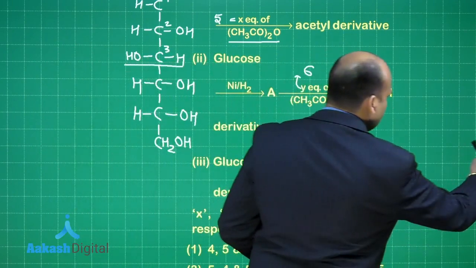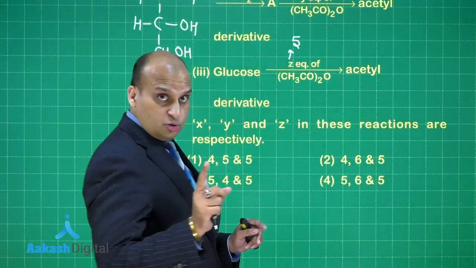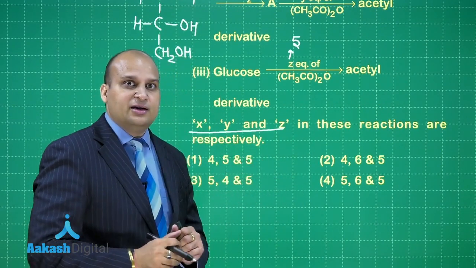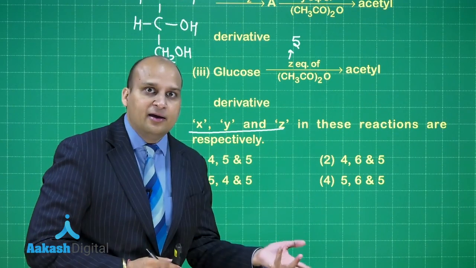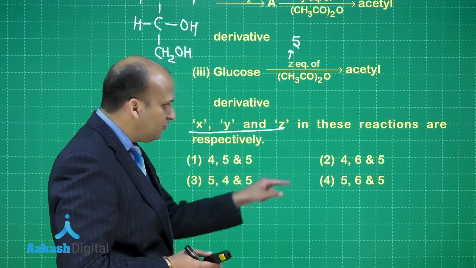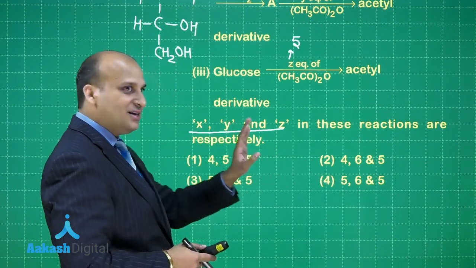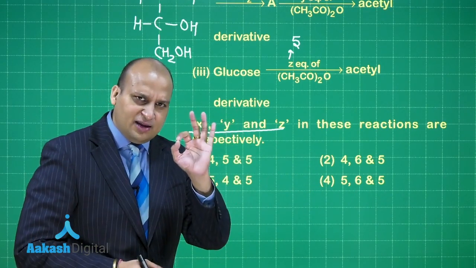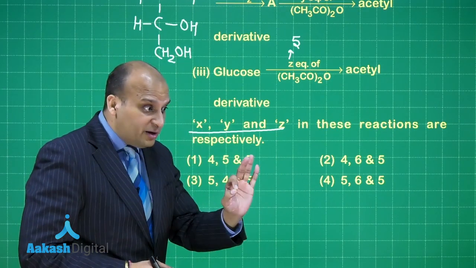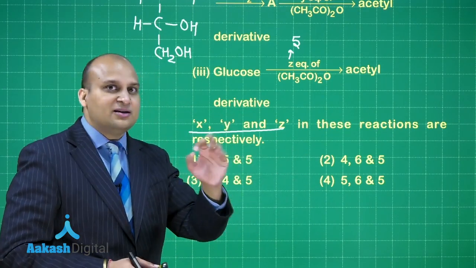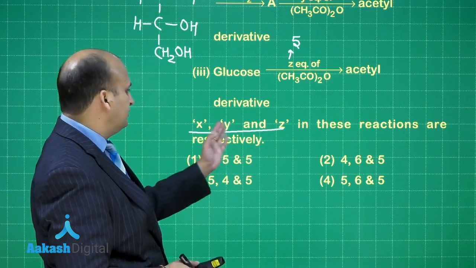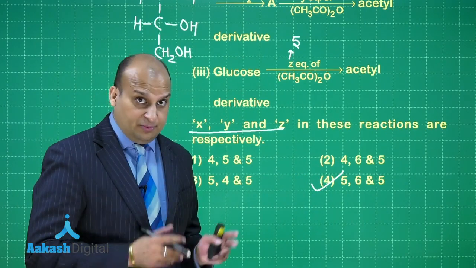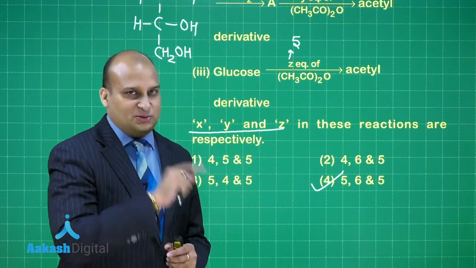Let us see which choice is correct. Also, you should see here it is written x, y and z. Many a times they play in a very tricky way. They will say x, z and y. Now because you have got 5, 6 and 5, you look for 5, 6 and 5, but maybe over here they are asking a different trend. So you have to be careful, read every letter very carefully, where the comma is placed, where the full stop is, where the question mark is. It is very important, okay. So it is 5, 6 and 5, so the right answer is choice number 4, okay. It appears to be tough, but it is not tough, but a good question, right.